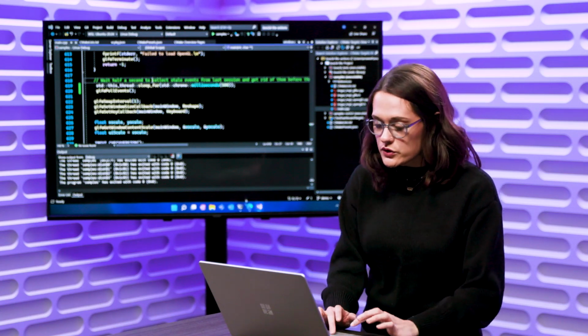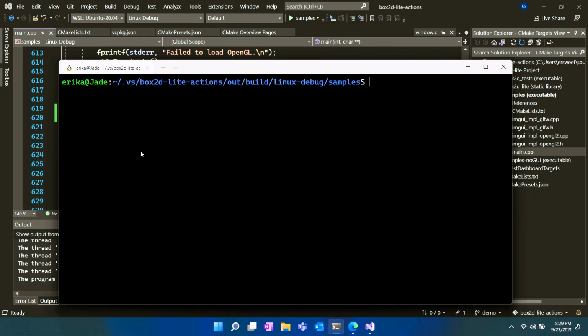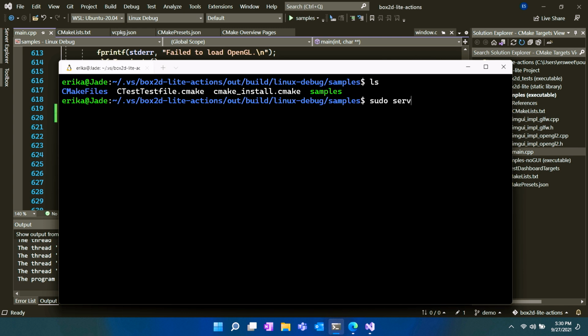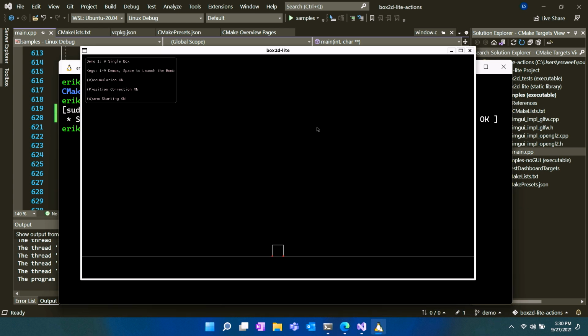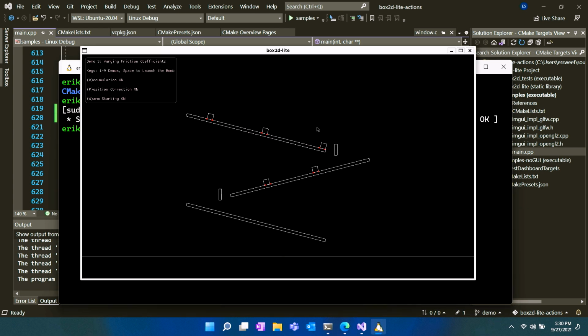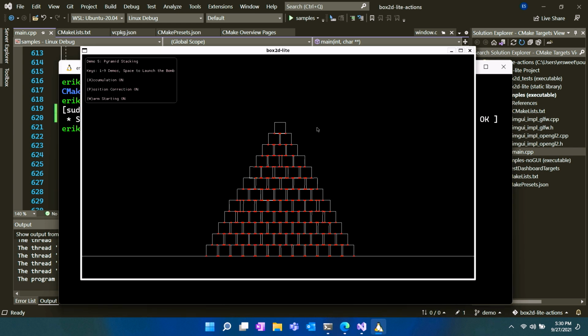So over in Ubuntu, you can see that I'm working on WSL now. This is the Ubuntu 20.04 distro. I've navigated into that build directory. I'm going to start SSH and launch samples. So this is the exact same binary that we were building and debugging from Visual Studio